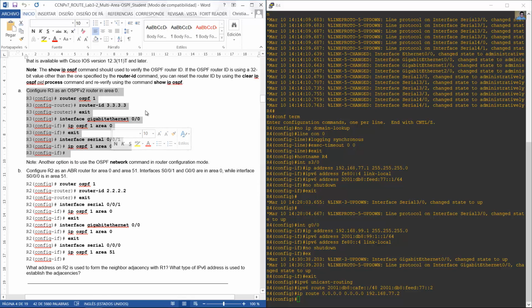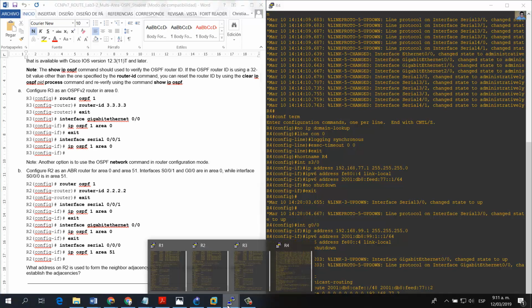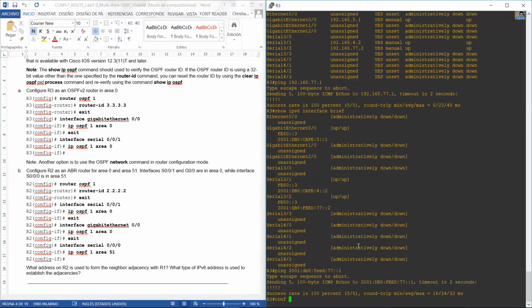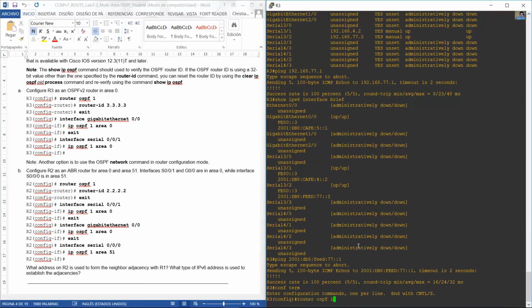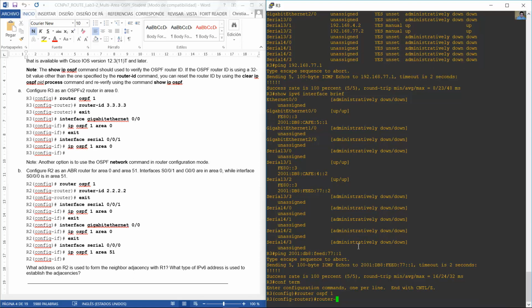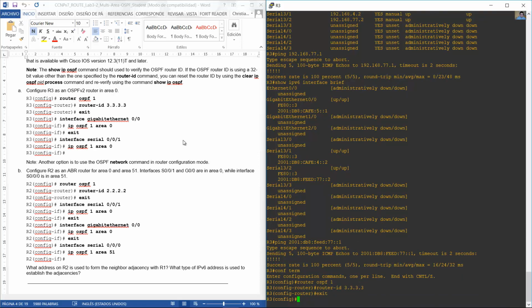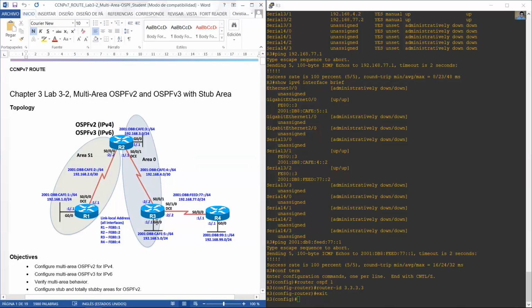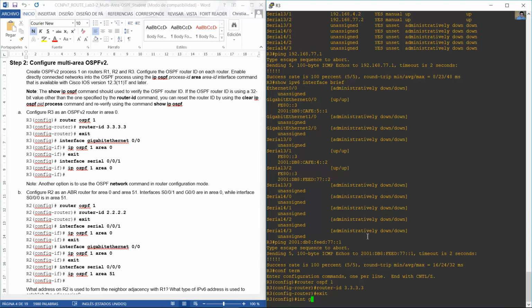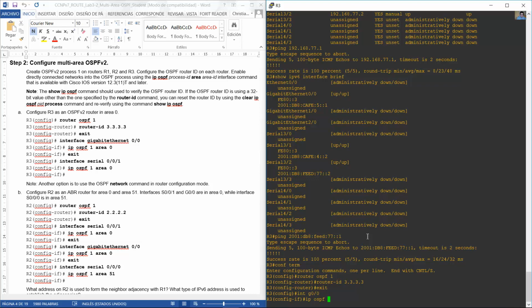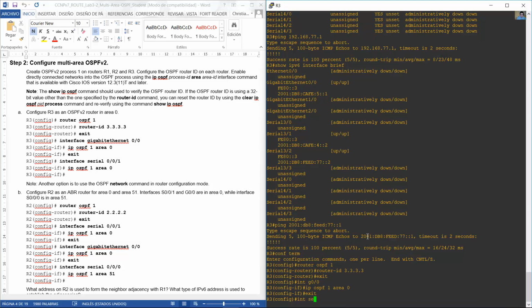Configure R3. Okay. Configure terminal, router ospf process 1, router-id 3.3.3.3, exit. Now configure two interfaces, gigabit 0/0 and serial 1. Interface gigabit 0/0, ip ospf 1 area 0. Okay, exit. Interface serial,